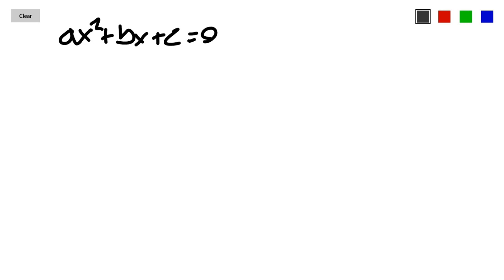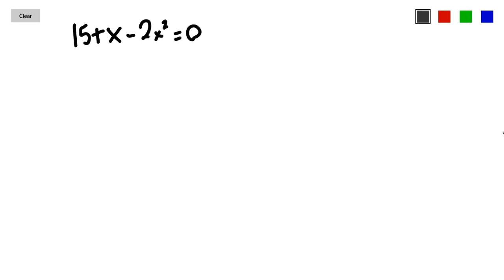The first one that I'm going to look at today is 15 plus x minus 2x squared is equal to 0. The first thing I'm going to do right off the bat is get this into standard form. Standard form just means you have the highest degree term first and all the subsequent degree terms following after it. So to write this in standard form, I've got minus 2x squared plus x plus 15